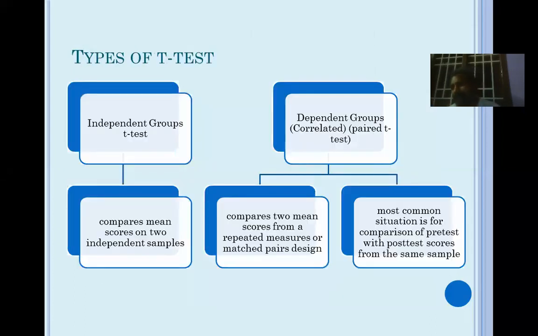There are two different kinds of t-tests. You take only one set of students or respondents and compare their mean values, and that is the independent groups t-test. If you have a single group under two different conditions, for example, before attending this class and after attending this class, your knowledge about statistics, you get two different sets of data, pre and post. Or you take two sets of people, where one group is getting treatment and the other group is not, and you get their data. You can go for the paired sample t-test.